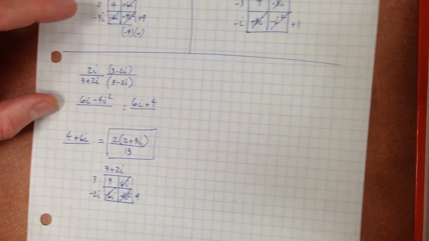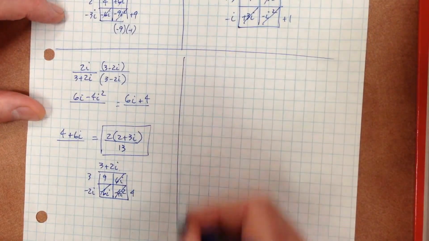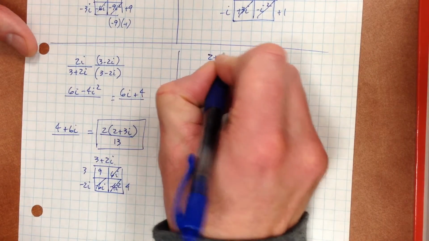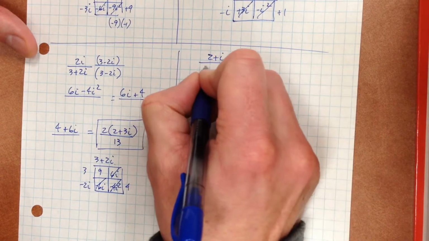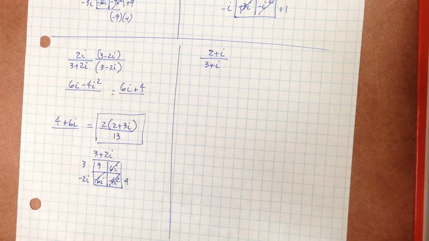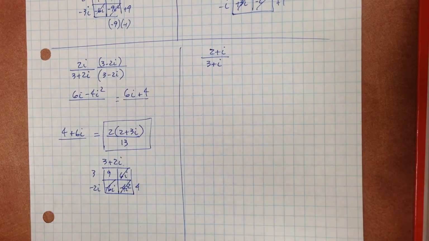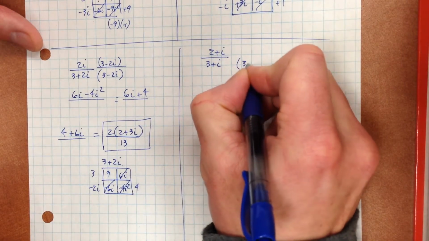There you are. Sorry about that. We'll do one more of those, just for fun, because it is so much fun. 2 plus i over 3 plus i. We don't want to leave any imaginary numbers downstairs, so let us multiply by the conjugate, 3 minus i,